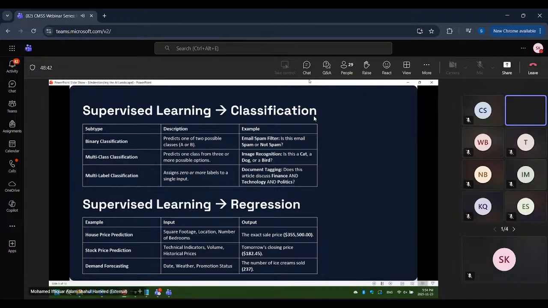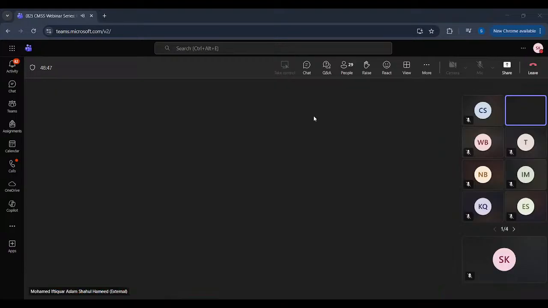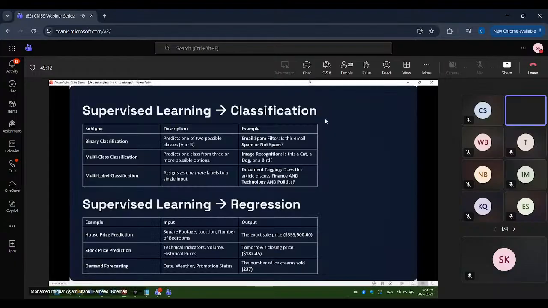So again, supervised learning is further divided into two types: classification and regression. Why do we have to do this categorization, like classification and regression? It is because the model we are going to use to train this will depend on it. If I have classification, then I'm going to use a certain set of algorithms.